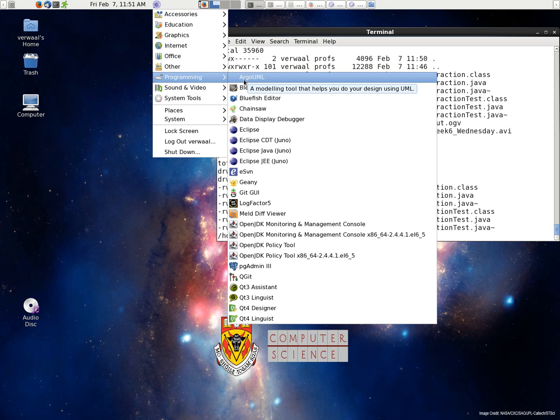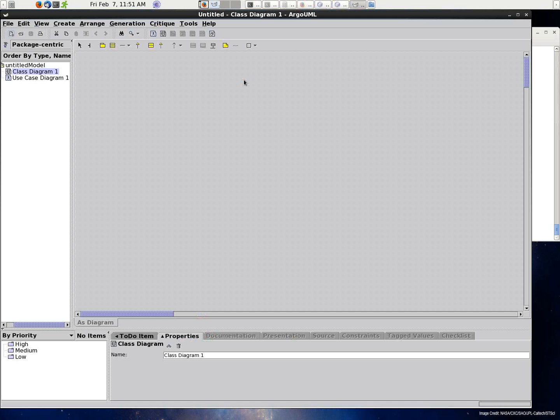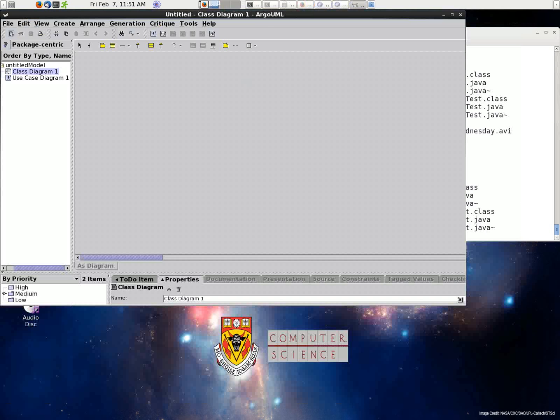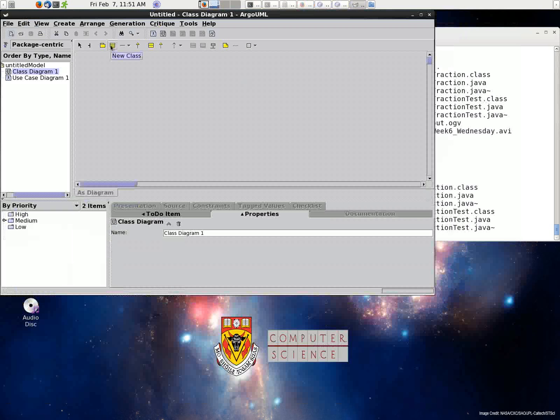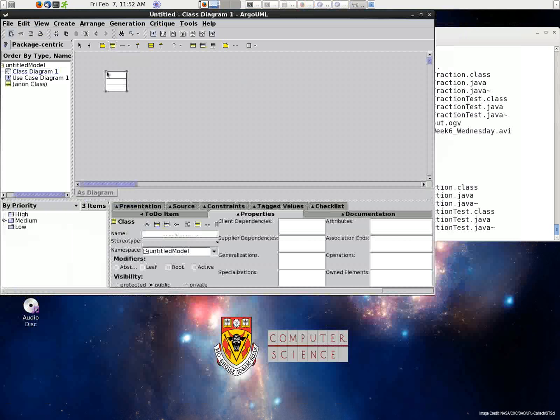UML diagrams. We're going to create some of the simplest UML diagrams that we can possibly create, namely just a class diagram. And in this case we only indicate classes, not relationships between classes. So this little icon here at the top is the indication of a new class. If I click on that, I can drop it into my drawing space and I've created the start of